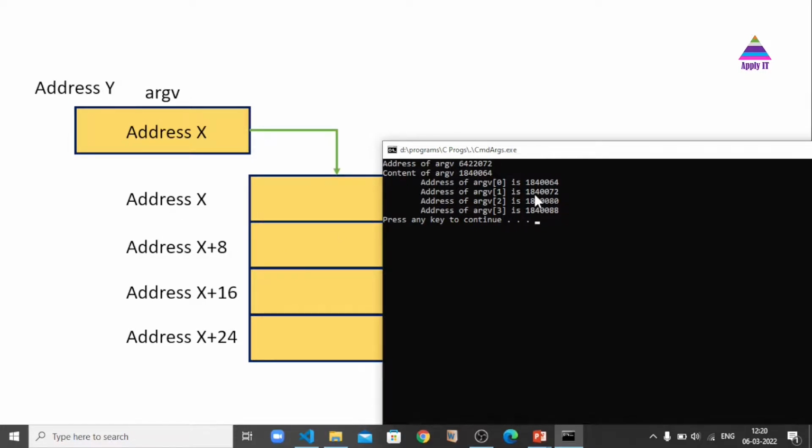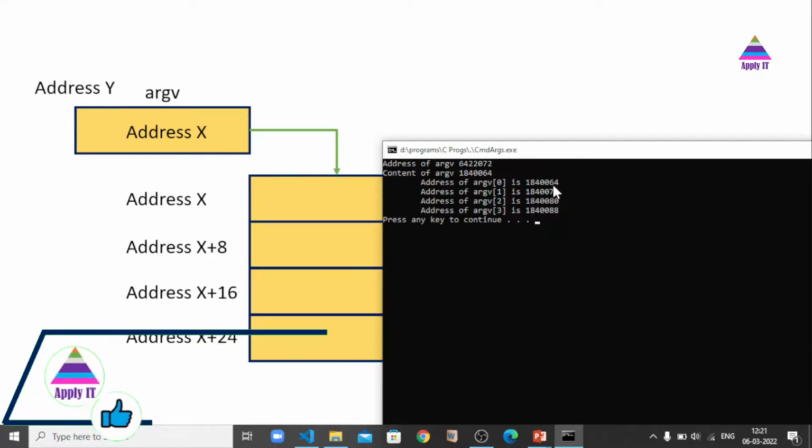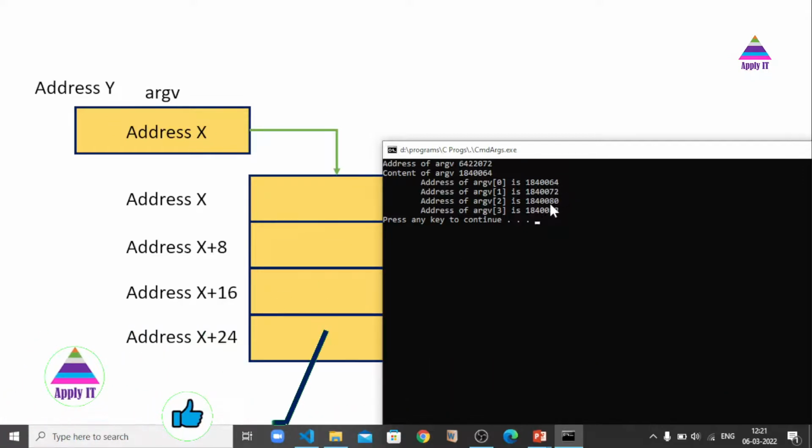I'm considering the last 2 digits. The first address was 64, then the next address is 72. In the same way, the address for argv of 2 is x plus 16, which is 64 plus 16, which is 80. Same way the address of argv of 3 is x plus 24, which is 64 plus 24,